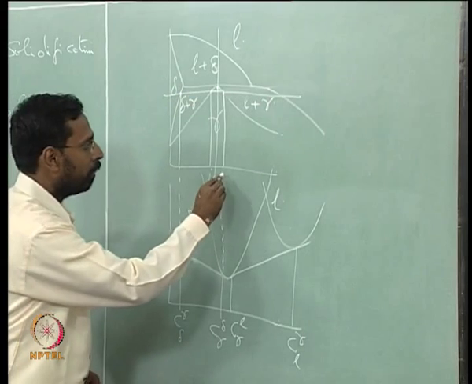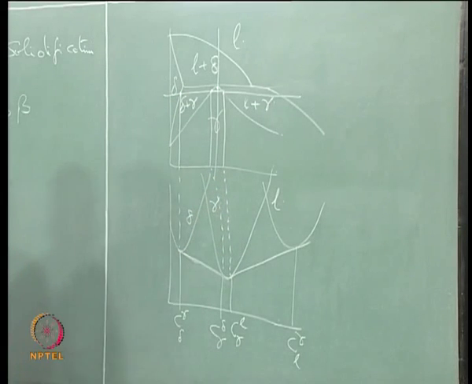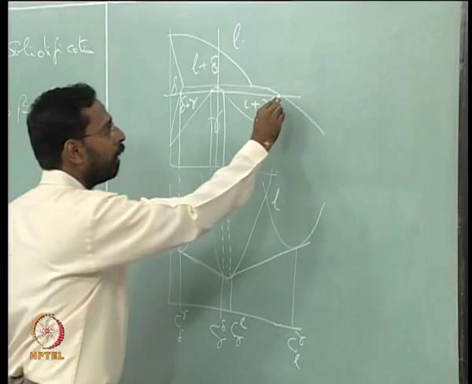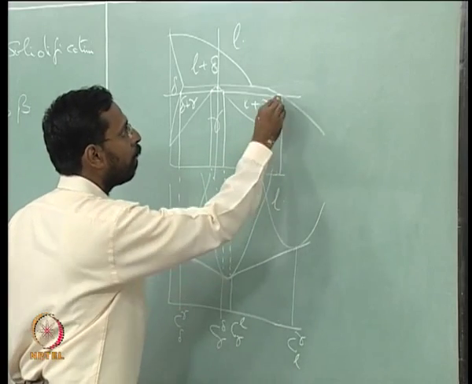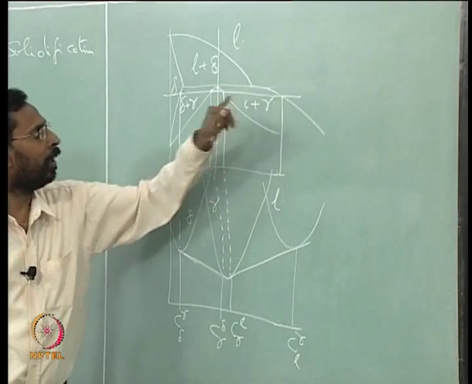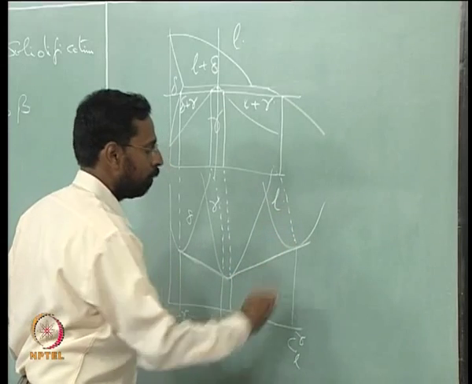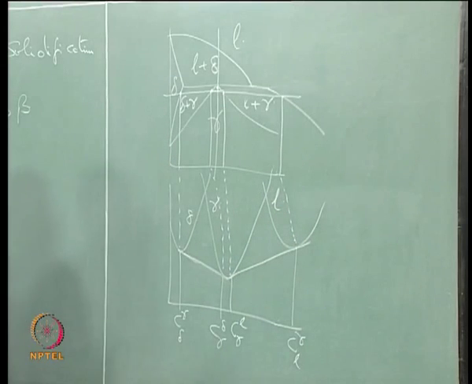So, that composition is in principle this composition, and then you get another composition which is the composition of liquid, because everything is liquid on this side. It is the composition of liquid in equilibrium with gamma, and that turns out to be nothing but this. If you draw everything to scale, you would exactly get these compositions reflected there. I have not drawn to scale, that is why I need to do this.